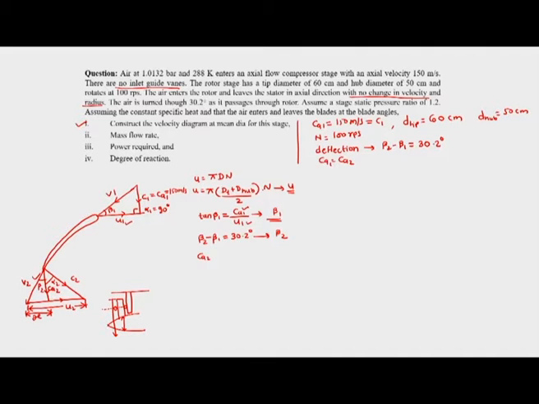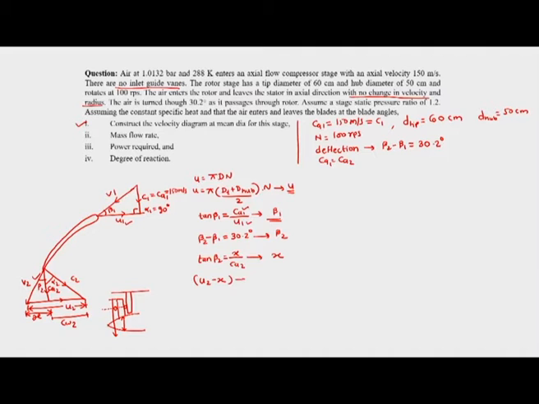Let us say this distance to be x. We know that this distance is CW2. So x is equal to... basically tan beta 2 is equal to x divided by CA2, and that way we can get x from this formula since we know beta 2. Now since we know x, we can know U2 minus x,